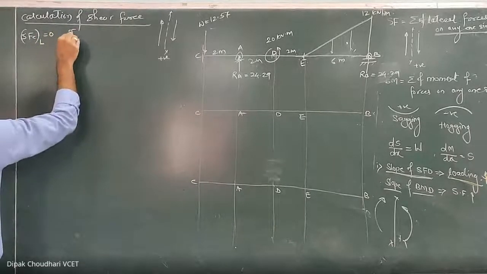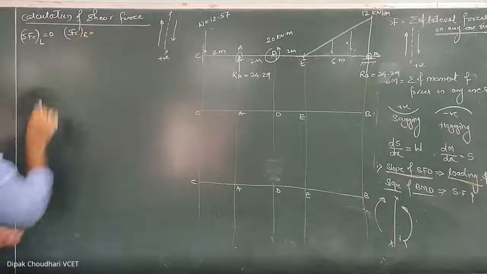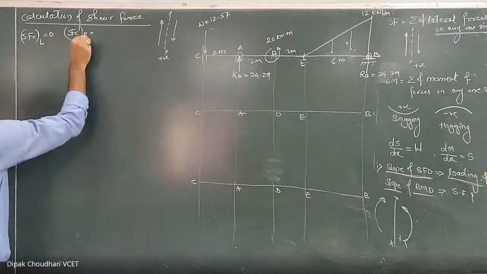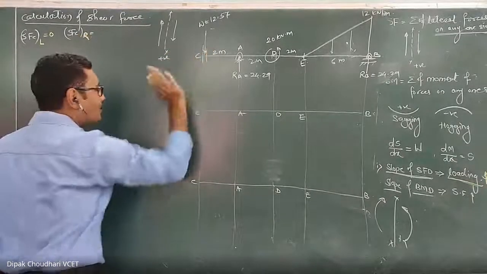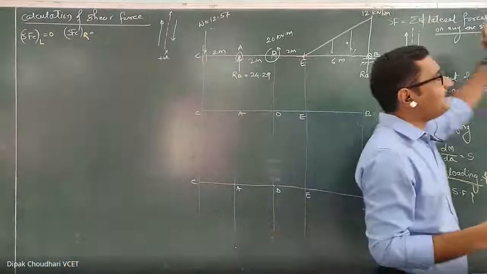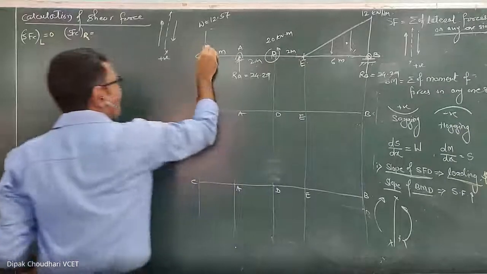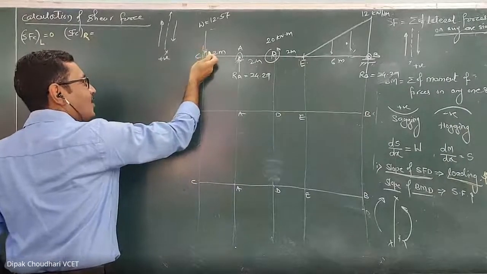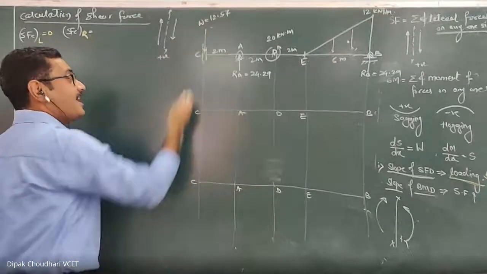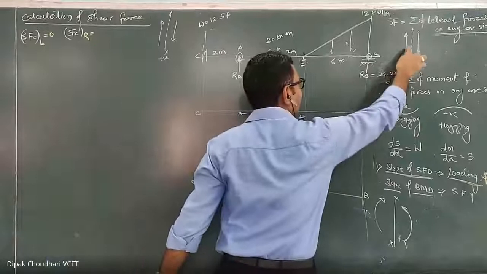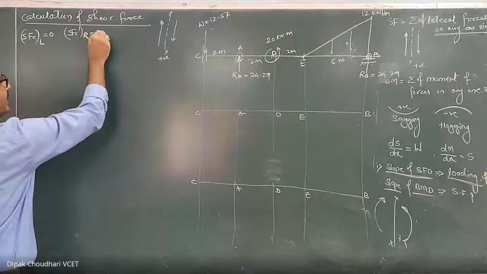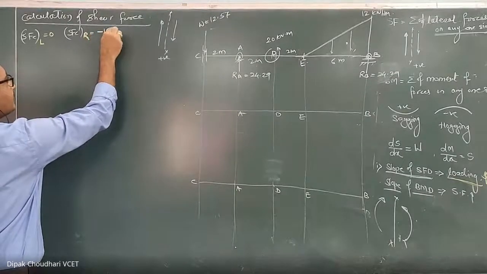Then shear force at point C, considering the section on the right side. Let's consider the section on the right side of C. Now, how to calculate the shear force at this particular section? Algebraic summation of the forces on any one side of the section. With respect to this section, on the left hand side there is only one force, so you have to consider that only. On the left hand side, it is downward. So, according to our sign convention, left hand side downward force is negative. So, the shear force at point C on the right hand side is minus 12.57.